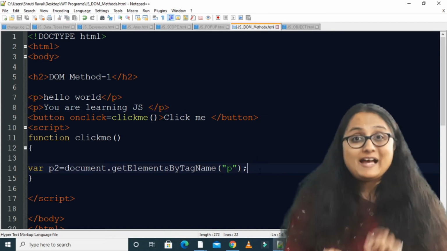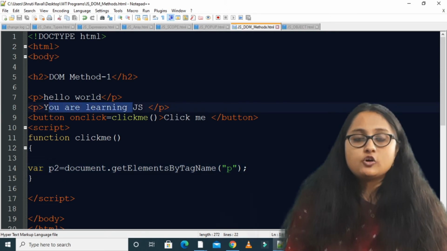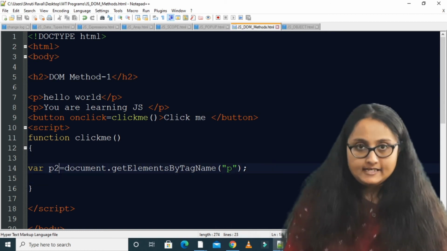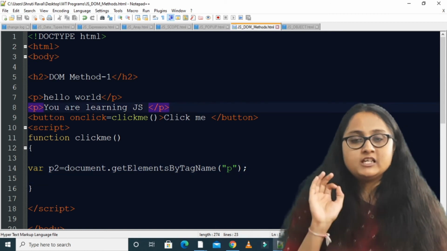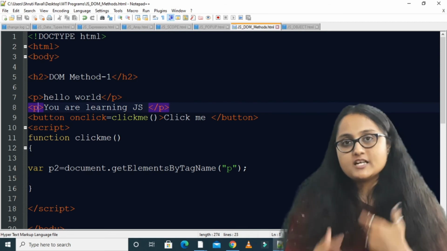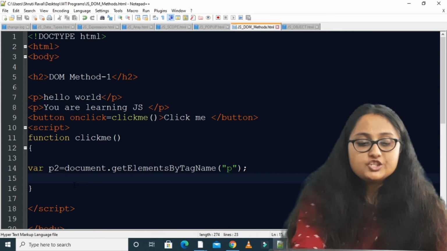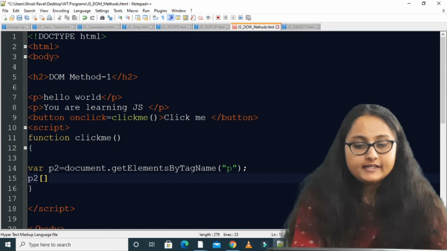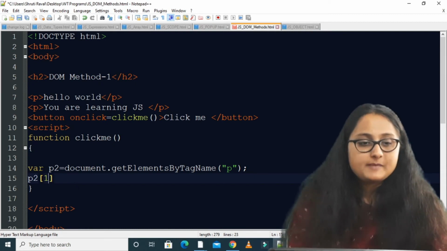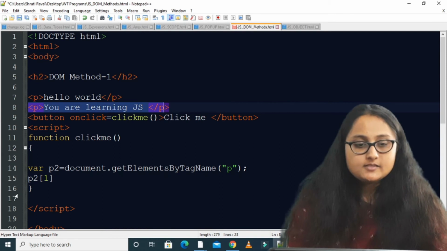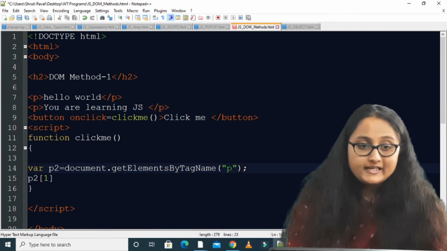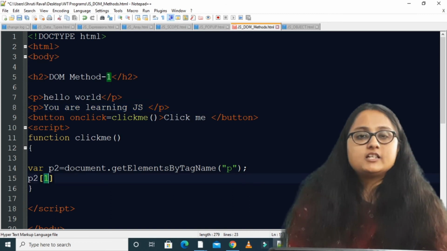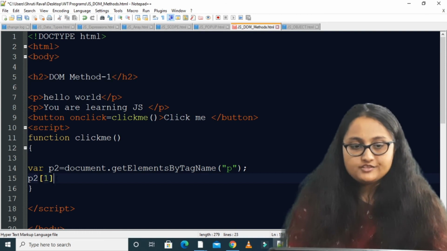Now what if I want to change the inner HTML of the second paragraph? Can you tell me the code? Because p2 is an array and this paragraph has index 1, because the index starts from 0, right? So how to change the inner HTML? p2 and in square brackets, because p2 is of type array, for accessing the first index I have to write the array name and in that specify the index number, that is 1.